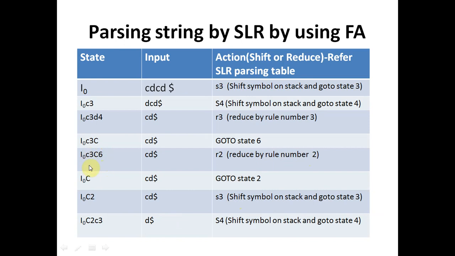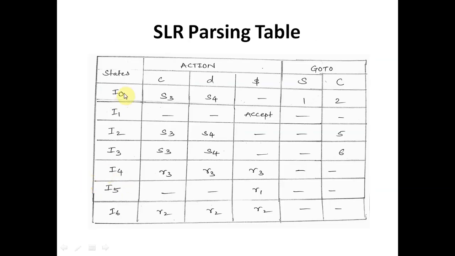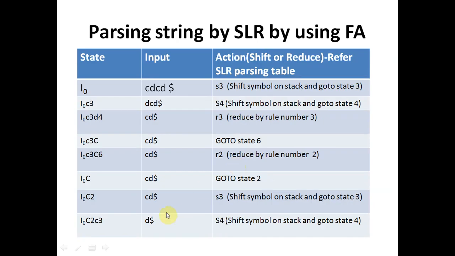Okay, so this reduction will give you this capital C, and you have come back again into the I0 state. So the I0 state is now receiving capital C. We go to the table, and I0 on receiving capital C makes a transition to the second state. Now we are in the second state; it was written here, go to 2, and that action has taken place here.